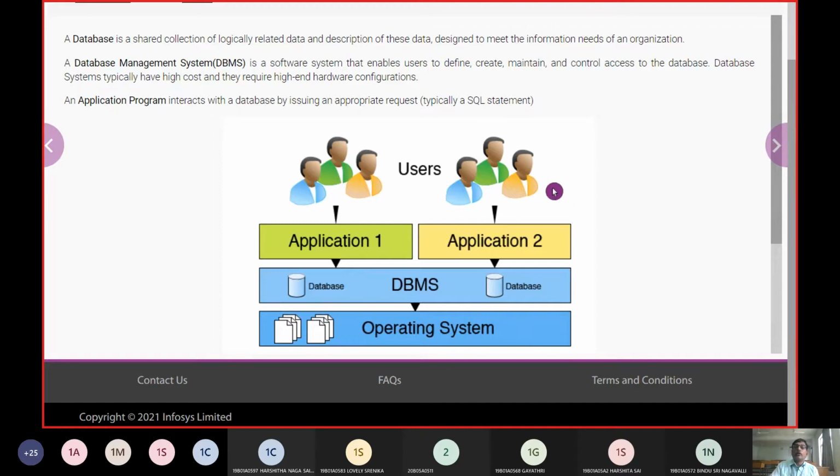You can look at the diagram here. We have a number of users and a number of application programs, and the DBMS maintains the different sets of databases. And at the underlying architecture, we have the operating system. Since the operating system is the core entry, the DBMS is part of the system software.